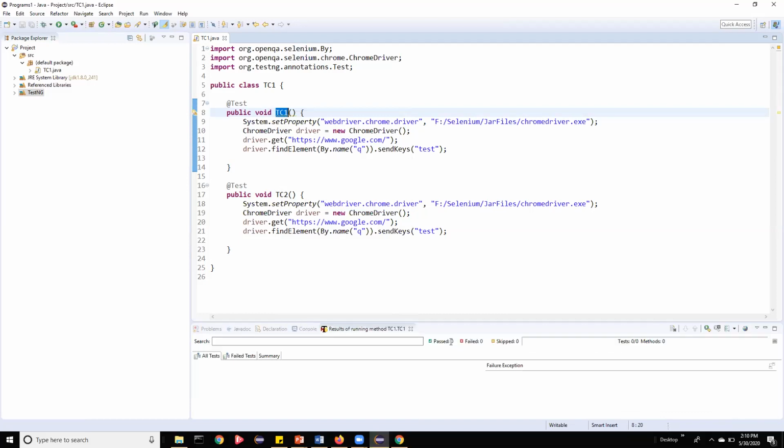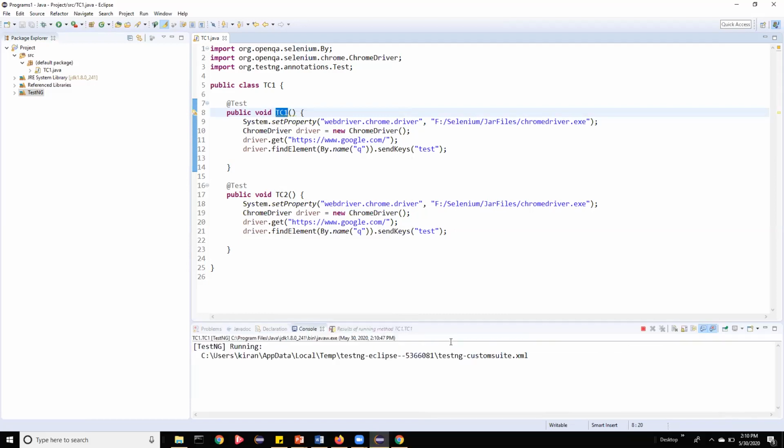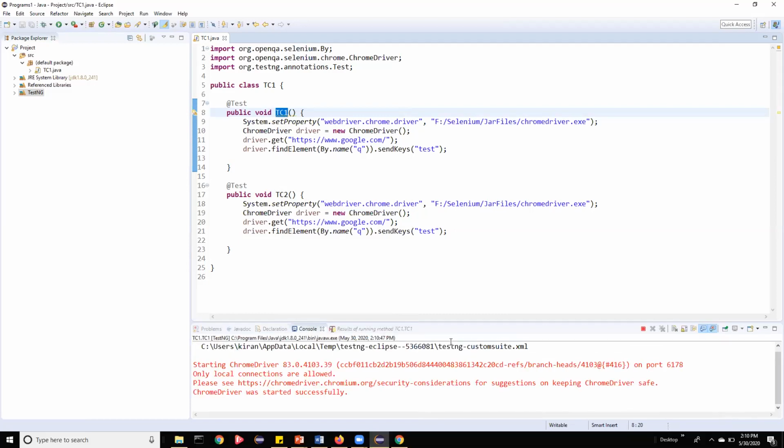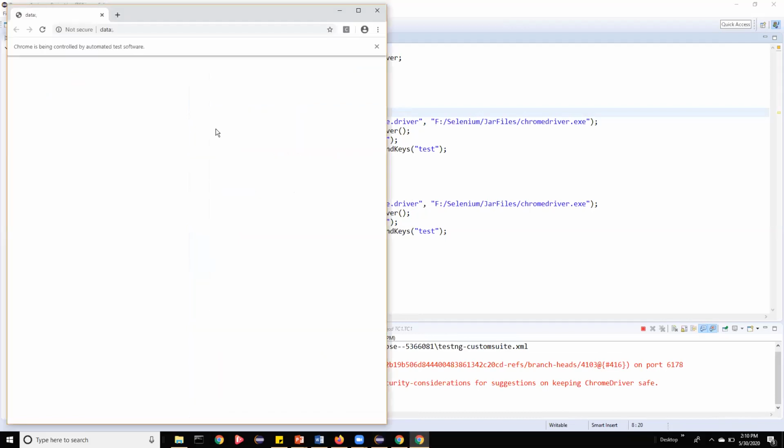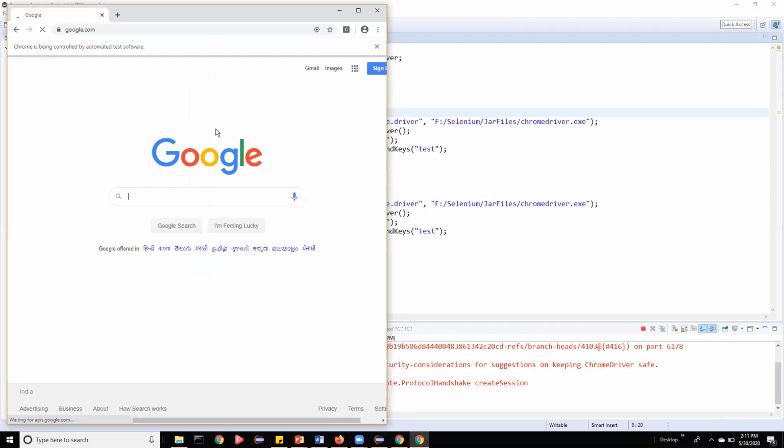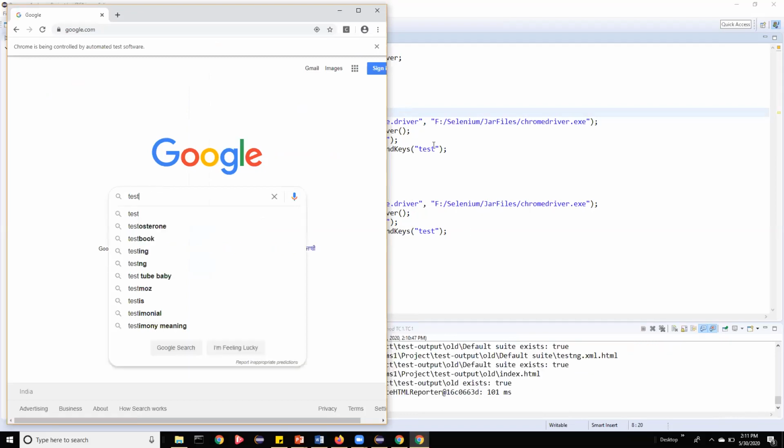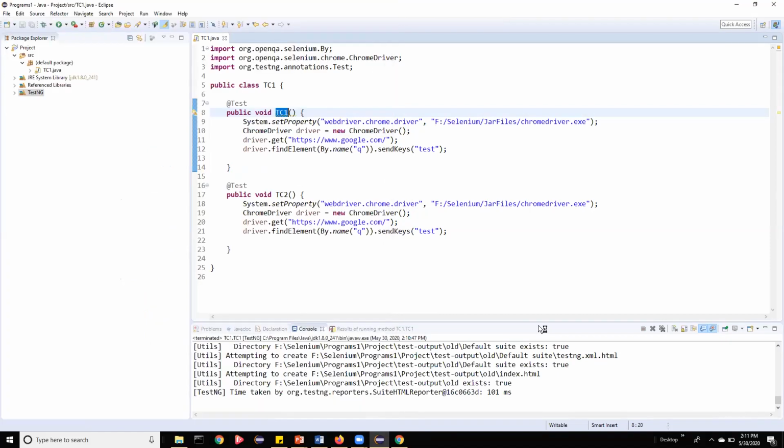Let it run. It's initiating the Chrome driver. The Chrome driver is opened here. It typed the text, then it stopped. I'm closing it manually. Okay, it stopped.